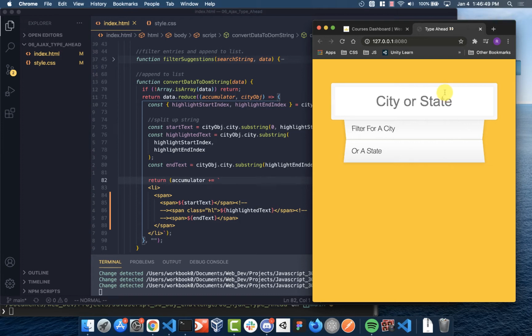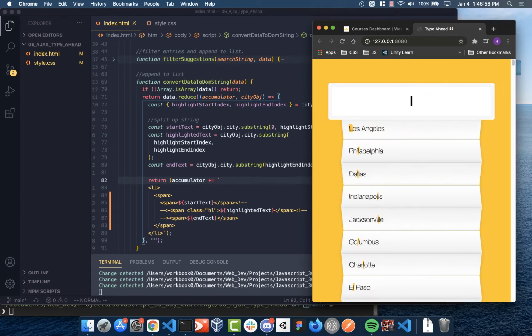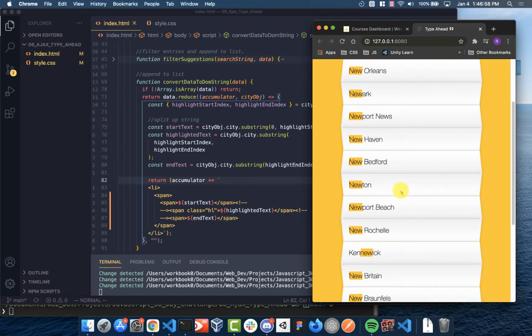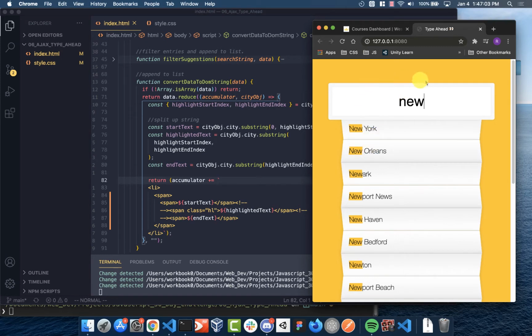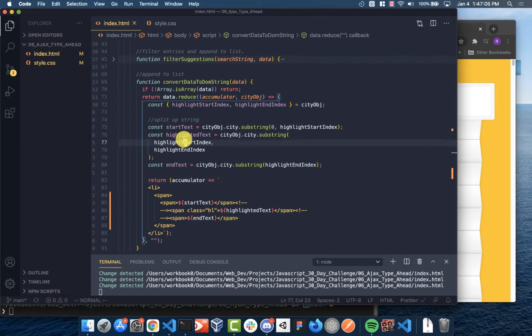So basically this is a search form with suggestions. If I type in "los", it'll bring up some cities with the LOS in it. If I type in "new", it'll bring up a bunch of cities with the NEW in it, and it can be in the middle of the word too. That's fine. So basically how I did this was first,